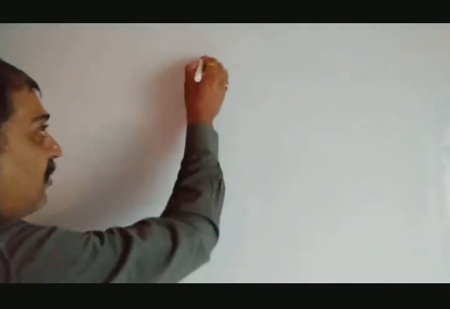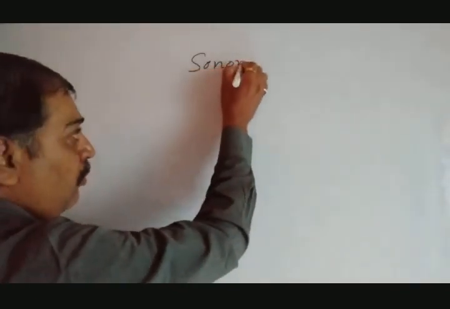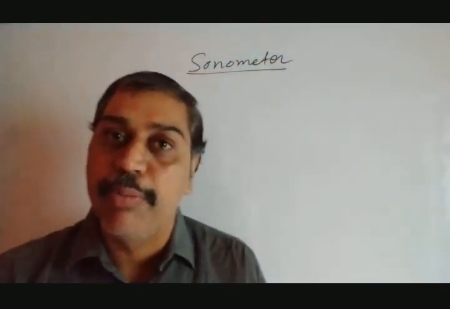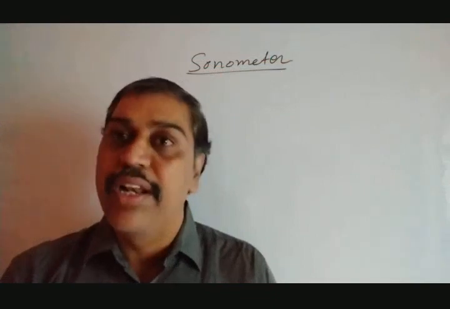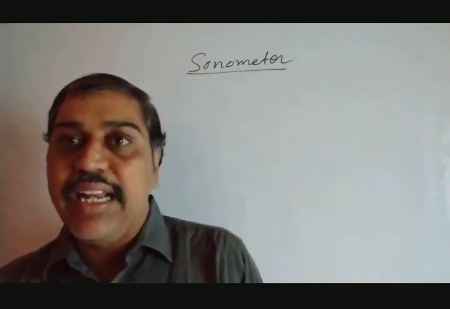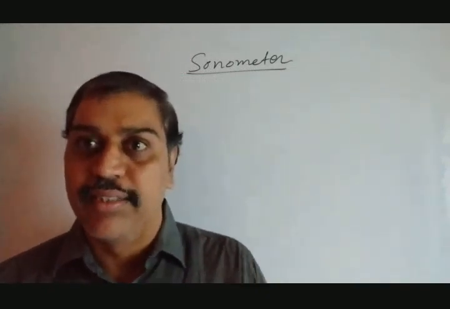law of linear density. So here let's see what a sonometer is. The sonometer is an instrument made up of a wooden block. It is a wooden instrument that was shown in your figure 6.12. I will give you the figure also, 6.12. In that case, it is made up of a wooden box, a hollow box.